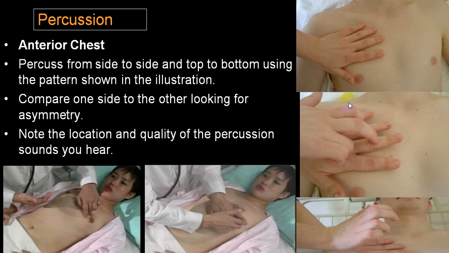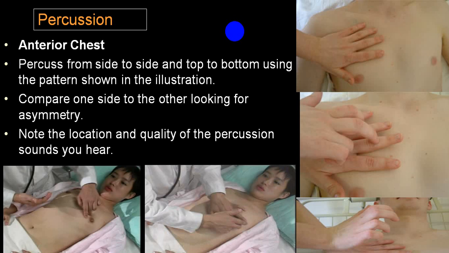And you go from lateral to medial and identify the borders. This is percussion on the anterior surface of the chest. What we are percussing for the heart is mainly on the anterior surface of the chest to identify the right border and left border. The inferior border we cannot identify because of the presence of the liver. It is difficult to separate the liver dullness from cardiac dullness. So the inferior border you cannot identify.